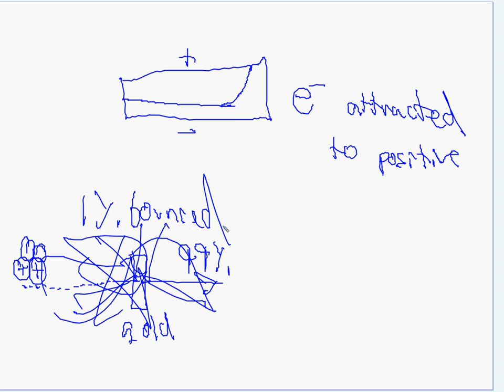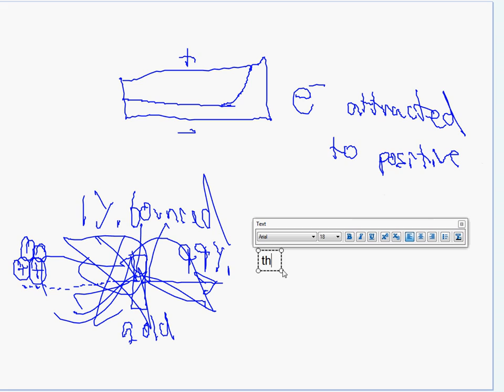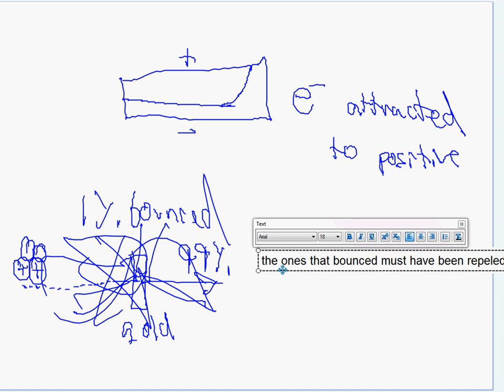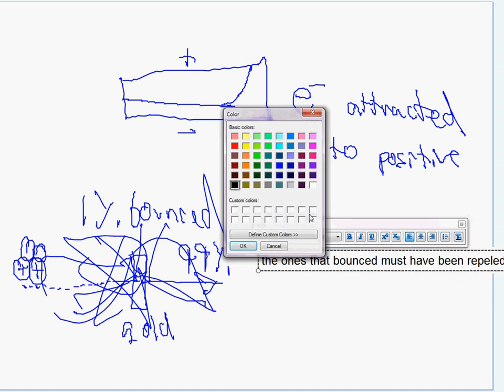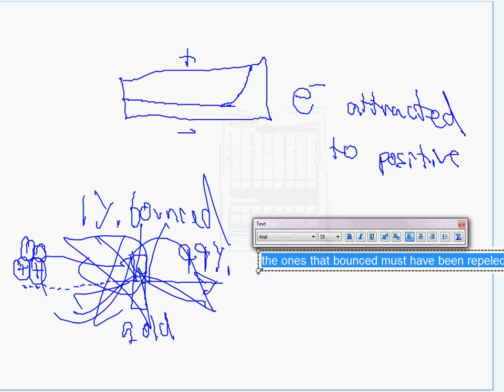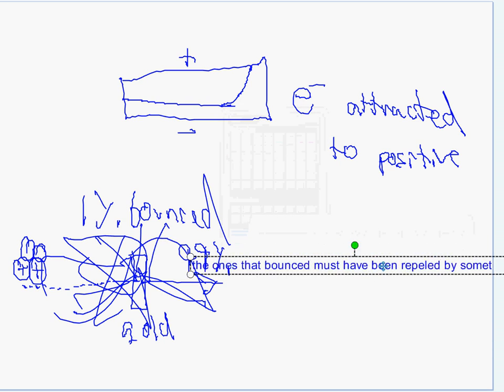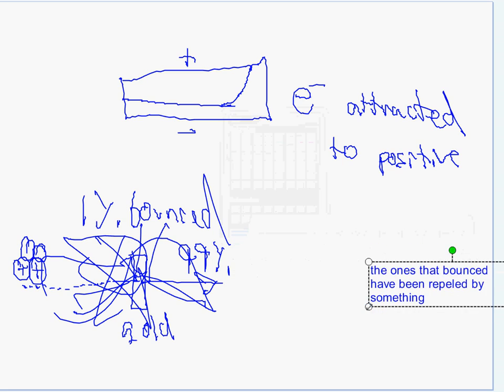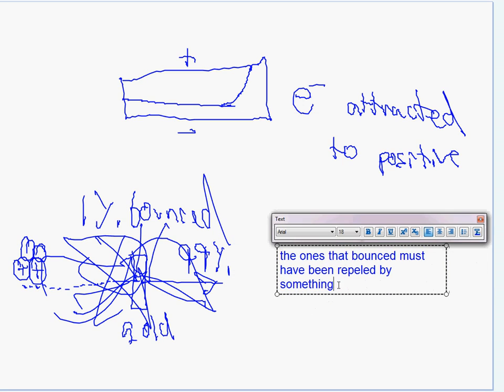And so he was like, what the heck? Why are they bouncing? And so what he decided is the ones that bounced must have been repelled by something. Well, hold on a second, because the alpha particles are positive, right? So if they're getting repelled by something, the something must be positive